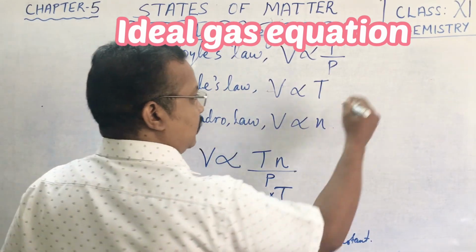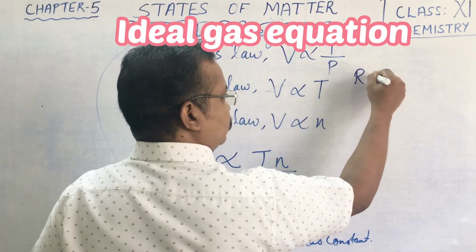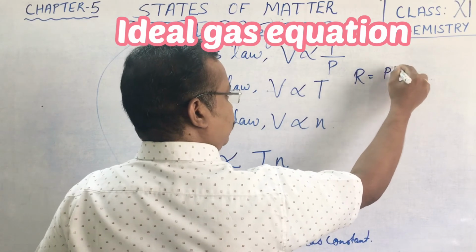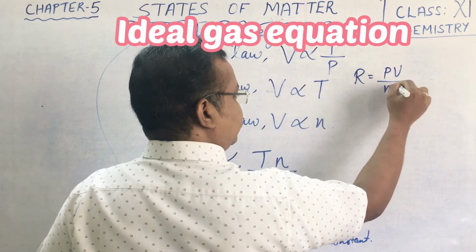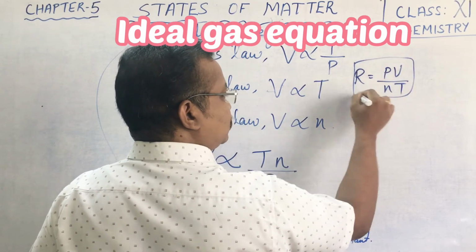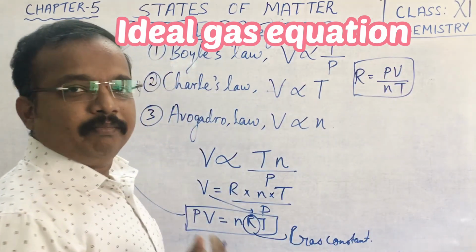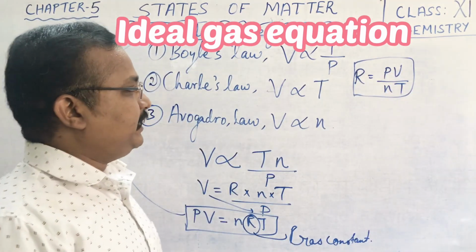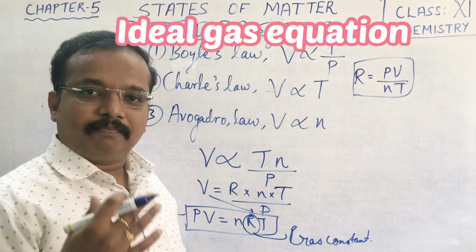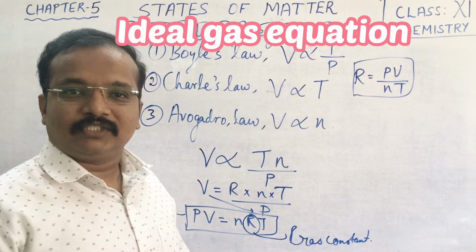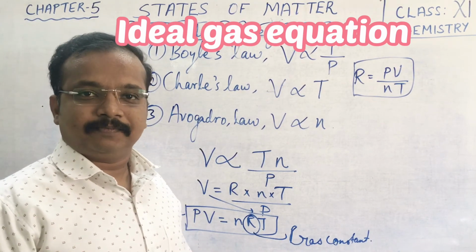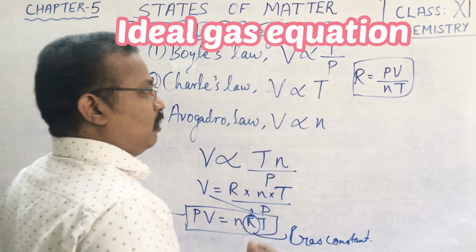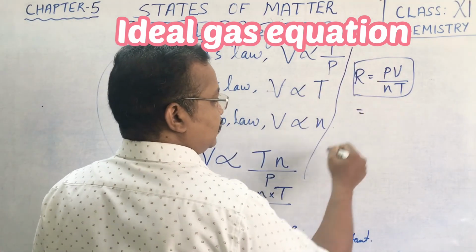Now children, we can also write R is equal to PV upon nT. That is, gas constant R is equal to PV upon nT, where P and V are pressure and volume, n is the number of moles and T is temperature. Now let's put the values in it. That is, R is equal to